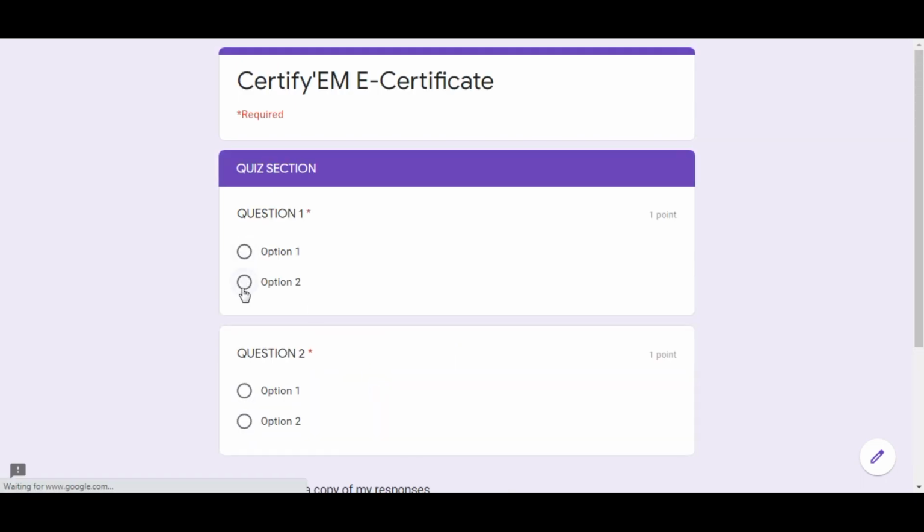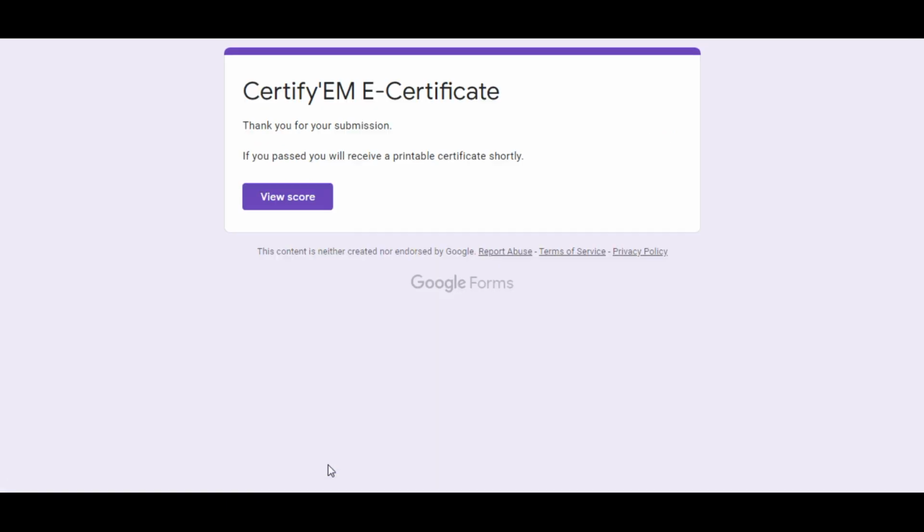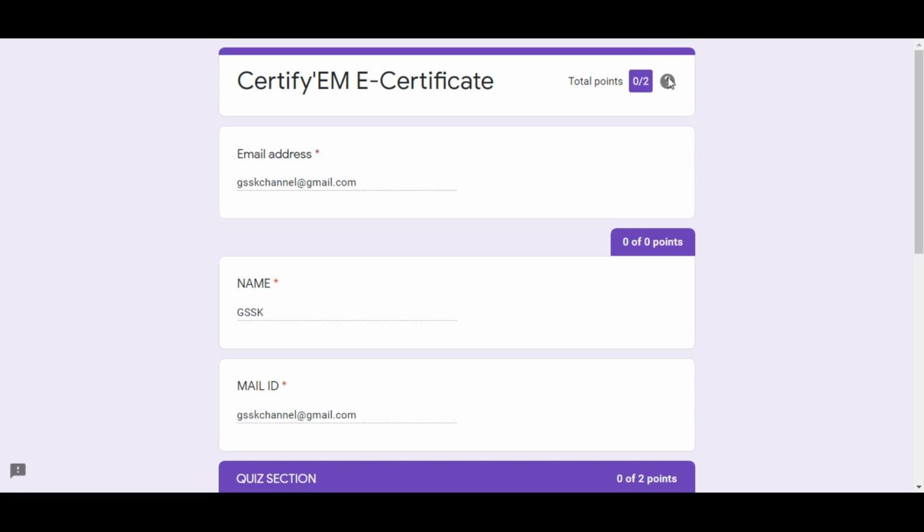So first we will select the wrong options, so you won't get the certificate for wrong options. I'm submitting. Yes, my mark is 0, so I won't get a certificate.